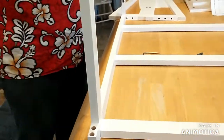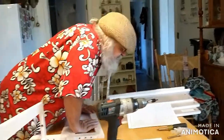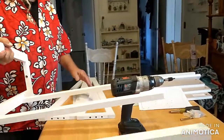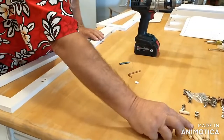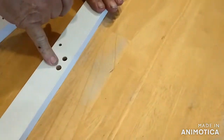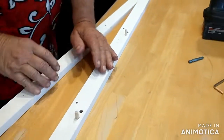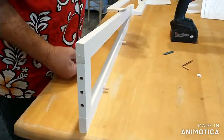Now, let's see what the instructions say for the next one. I gotta do, which one is that? D. That is this one, so I'll get this. Okay, here we go again. One more time. Put the two dowels in this one. And if you look down the hole, you can see one's drilled out all the way, and the one next to it is not drilled out all the way. So these go in the one that's not drilled out all the way, because you don't want them to go through. There's a hole on this side that